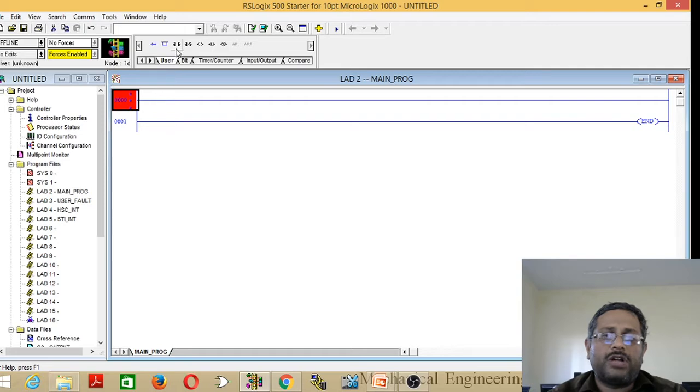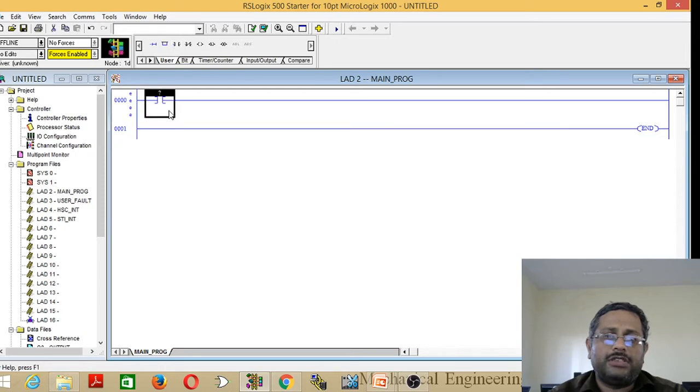You have to add two contacts by selecting examine if closed, that is XIC or normally open contact, in the user panel. Click on that. Select the rung on which it has to be placed. Click on this one and it will be placed, and add one more by clicking on that. We have added two contacts and we require one coil. Click on that and it will be added at the end.